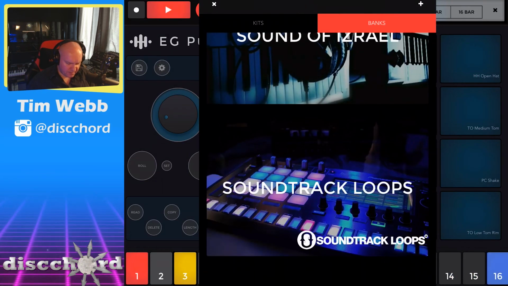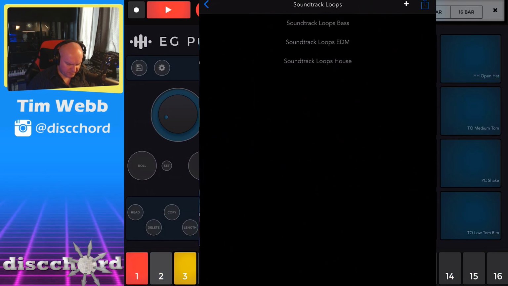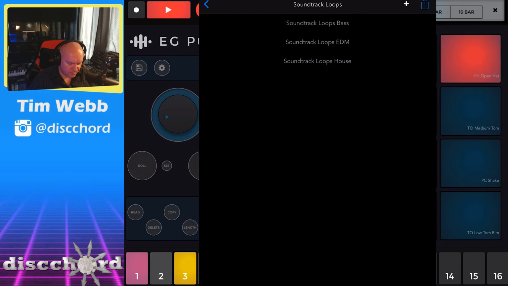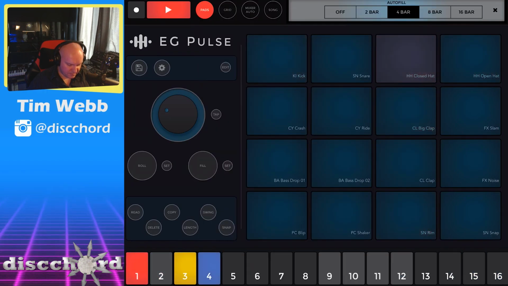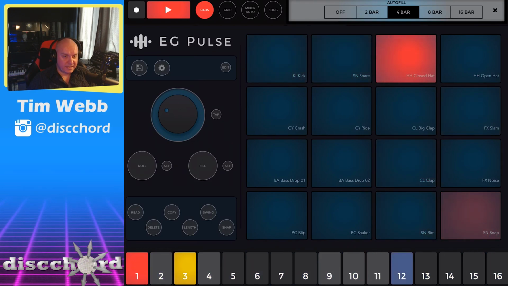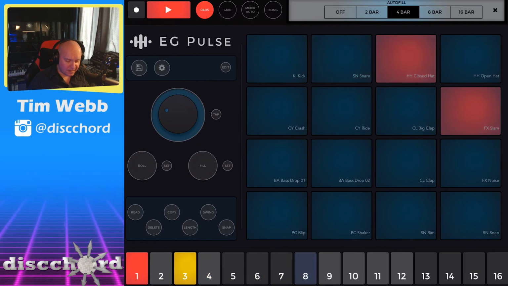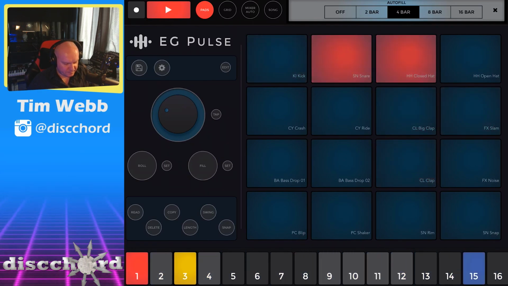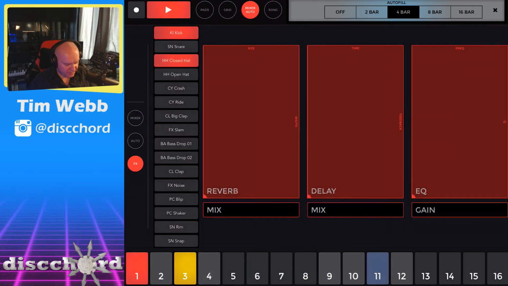There's also some here from soundtrack loops, but I noticed all of these are a lot louder than all the others, so I might have to edit this later. It's worth any editing that I'm gonna have to do on this now, because these are really good, epic sounding kits. And if we look at the effects on these,